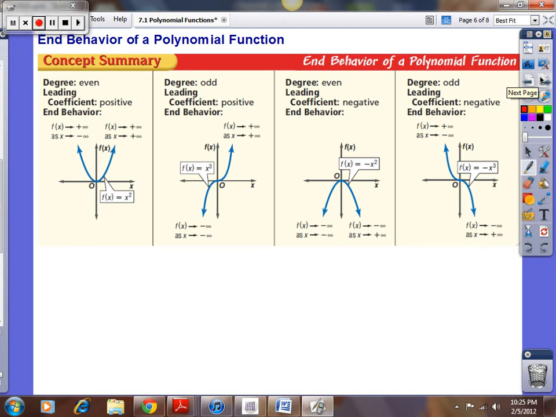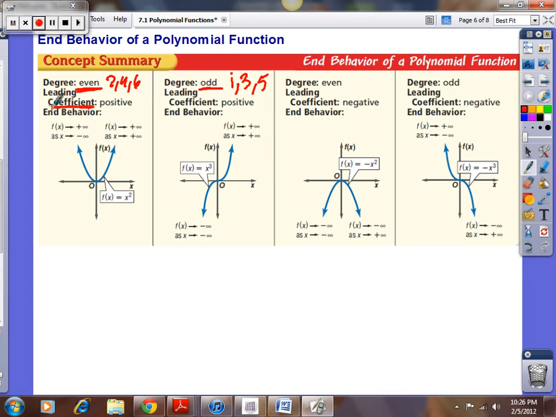End behavior of a polynomial function. We're not going to graph them, but we are going to know what they're going to look like, because there's a pattern between the evens and the odds. So all you need to know is the degree. So the degree of evens, that's like 2, 4, 6. So quadratic, a quartic, 6th degree. Odd, these are like linear, cubic, quintic, etc. So you look at the exponents, and let's talk about